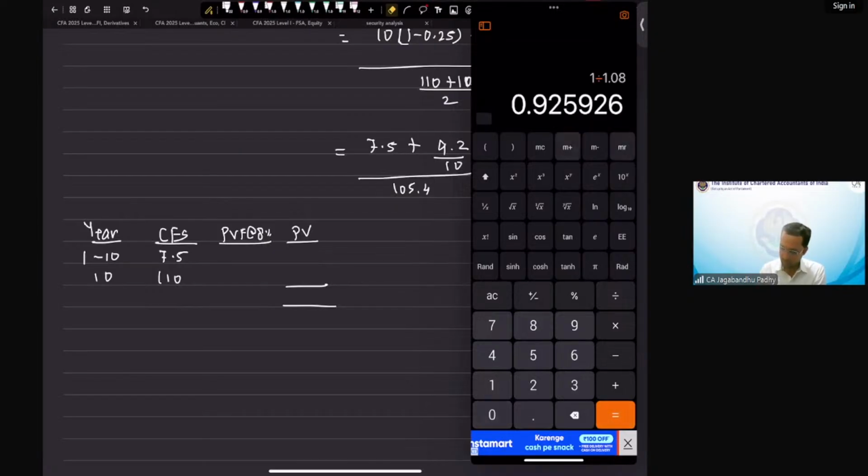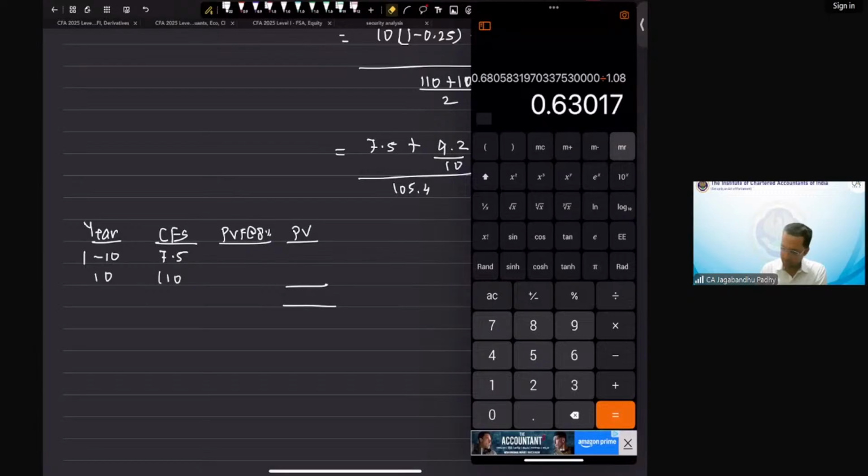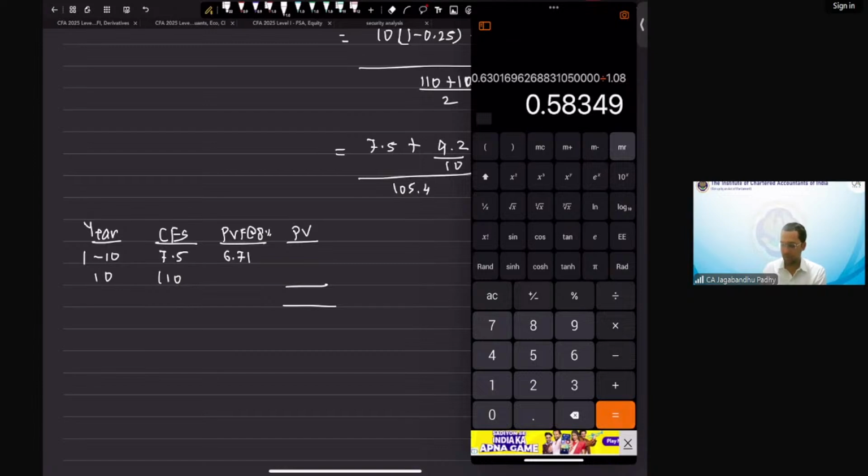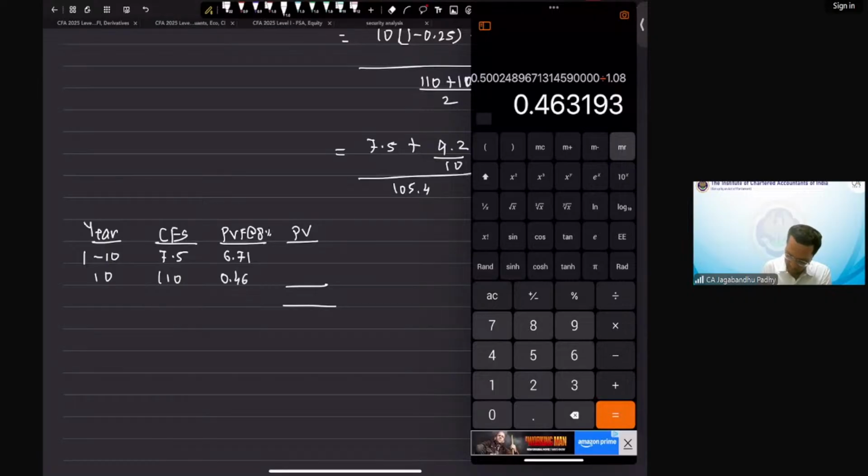First year M plus, second year equal to M plus, third year equal to M plus, fourth, fifth, sixth, seventh, eighth, ninth, and 10th year. Then memory recall, which is 6.71, right? And what was the last value? 1 divided by 1.08, 1, 2, 3, 4, 5, 6, 7, 8, 9, 10. 0.46